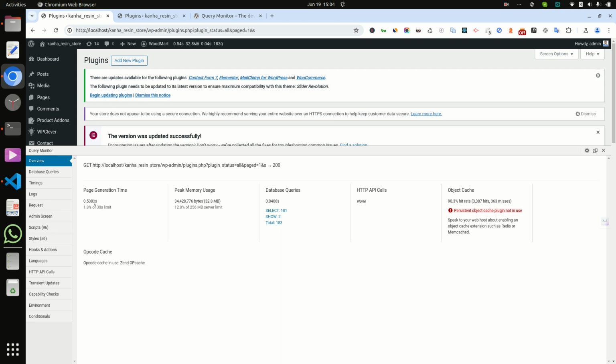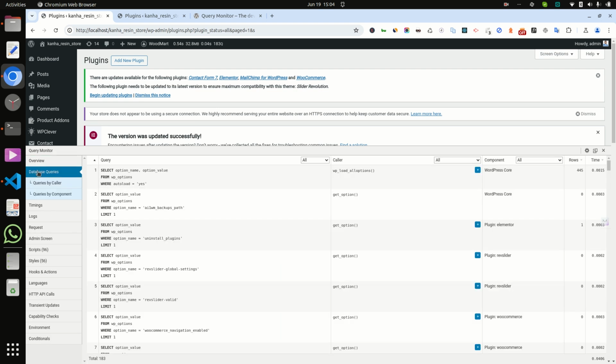Here we can see an overview of this page, like page generation time, peak memory usage, database queries, HTTP API requests, and whether object cache is there or not. First of all, we will discuss database queries.